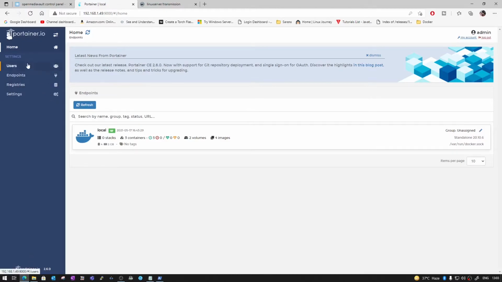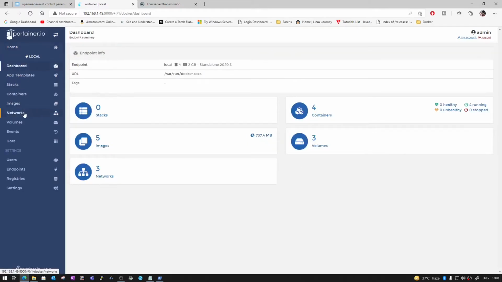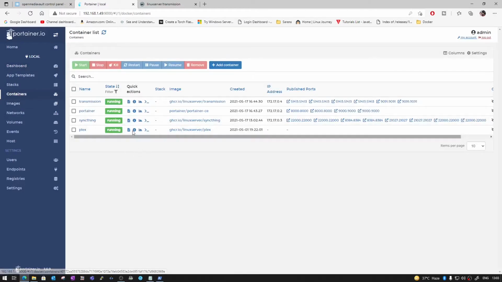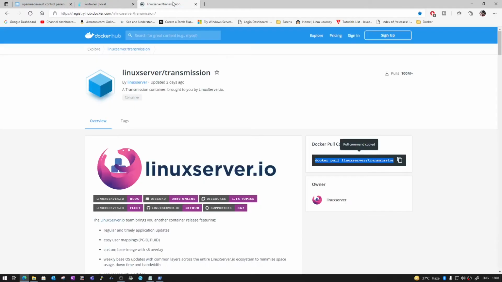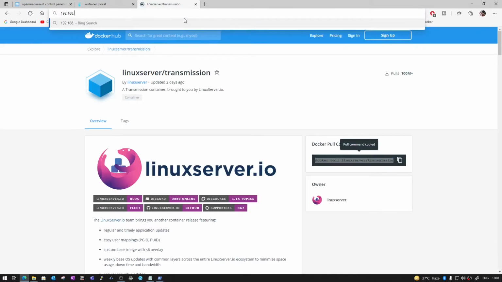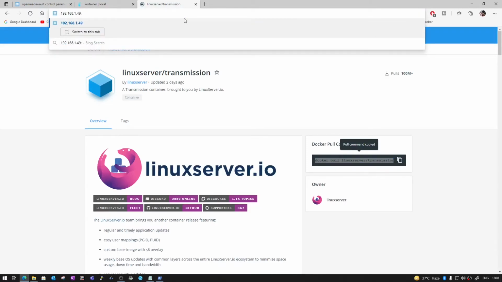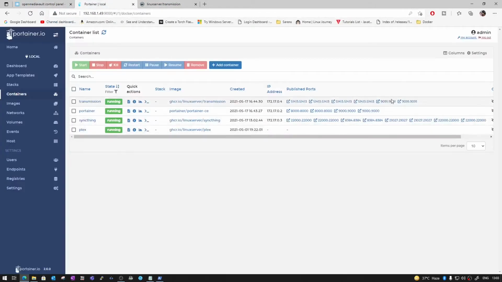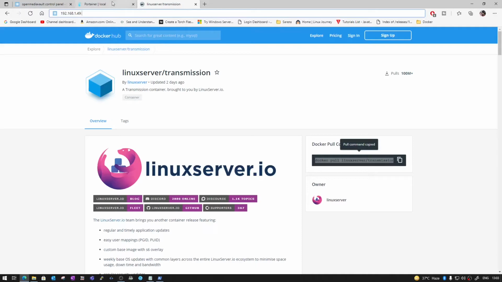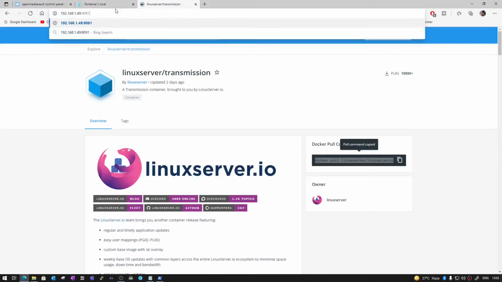Now let's go back here and then containers, and now you can see transmission is running, and it will be available on port 9091. So let's go ahead and try. This is the address for Open Media Vault, then a colon, and we need to use the port 9091. So 9091, and let's hit enter.